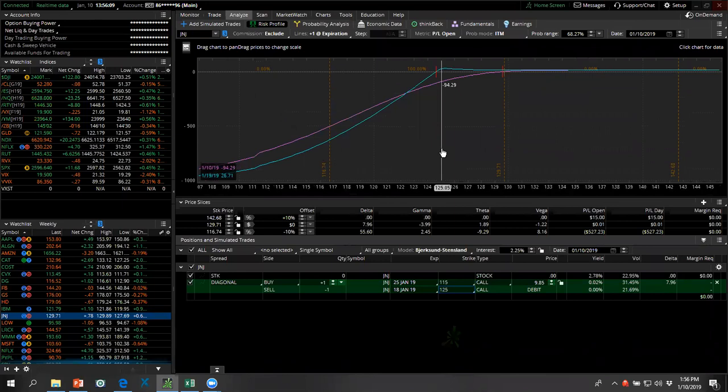Part two of the question is, can you manage it? And I don't mean can it be managed, because any risk can be managed, but can you manage it? Is it within your skill level to know that you could do something to this trade when it's only down $300 or $400 that might still allow it to make money?